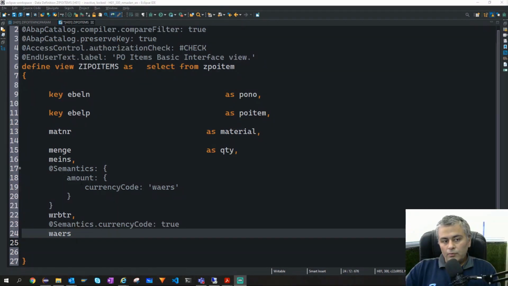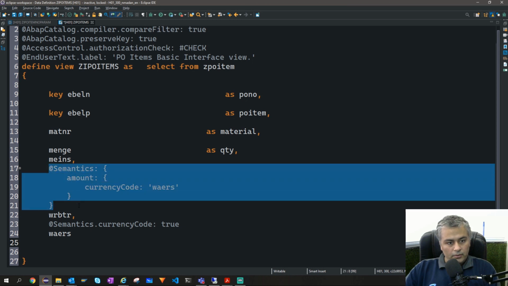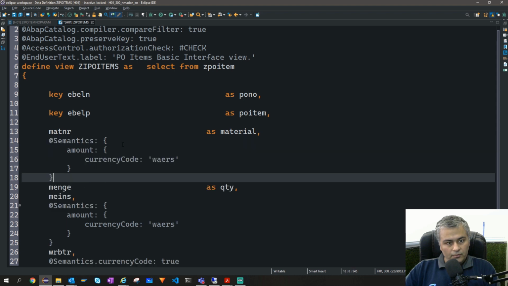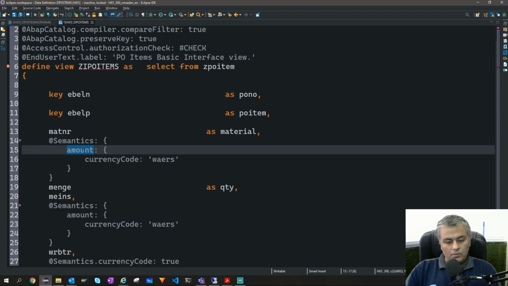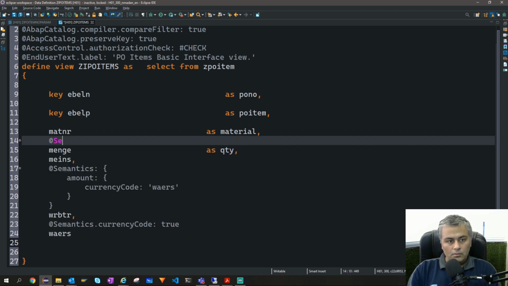So it's like we will be having our basic interface view, right? And like we have defined for currency, maybe I will define the semantics for quantity, I believe it is. Let me insert it, because semantics,